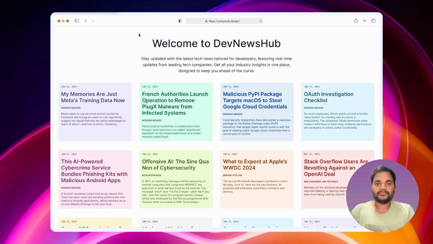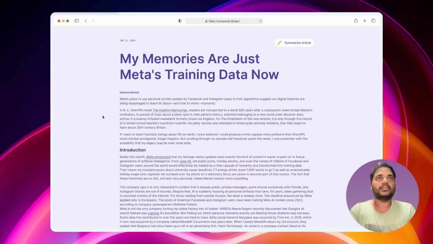So I've shared my screen and I hope you are able to see it. Here you can see I have created a web portal. It's basically a news portal where you can see all the articles in colored tiles, right? When a user clicks on any one particular tile, which is a news item, it opens up in a full page manner. At first glance, there's nothing to distract the user from the content, but there's a feature, which is a primary example of how AI is used nowadays on news portals and other platforms to summarize the article. The same capability is also here.